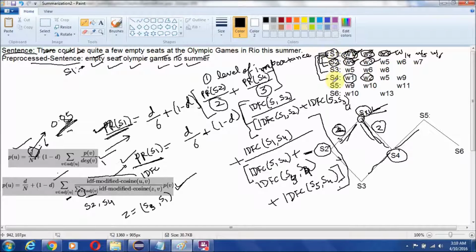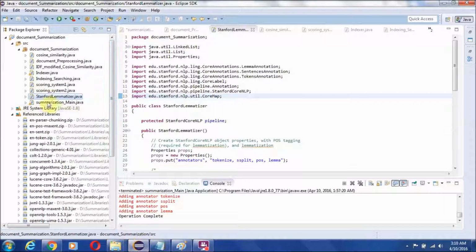Similarly, sentences S2, S3, S4, S5 and S6 can be represented, and then we can use this to prepare the sentence graph of the text, where each sentence is treated as a node of the graph. So you can see, after this pre-processing step,